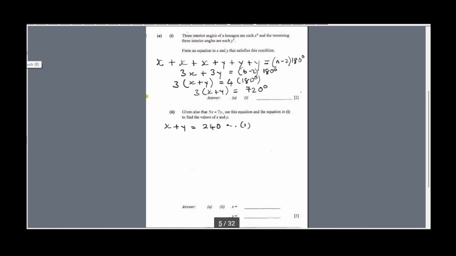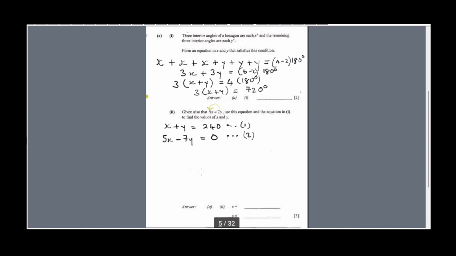Now our second equation, 5x is equal to 7y. Rewriting it now, we say 5x minus 7y is equal to 0. What happened was I transferred 7y to the left hand side, and we know that transfer is a change of arithmetic signs. So 7y was positive, crossing the equal sign it becomes negative. So this is going to be a new form of our second equation.